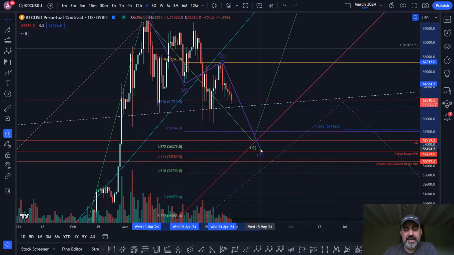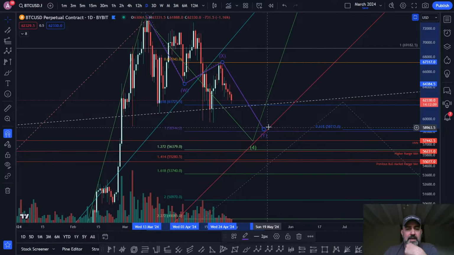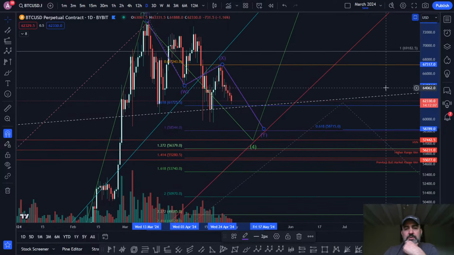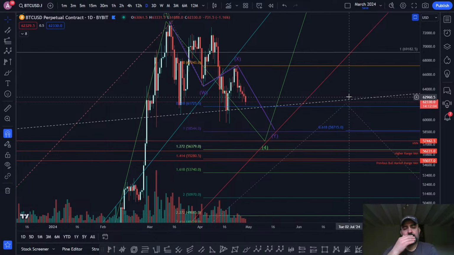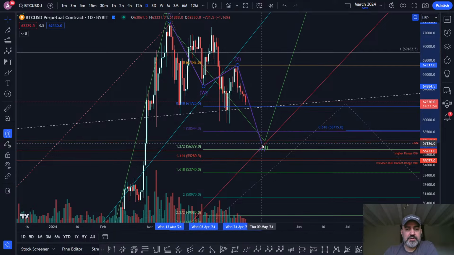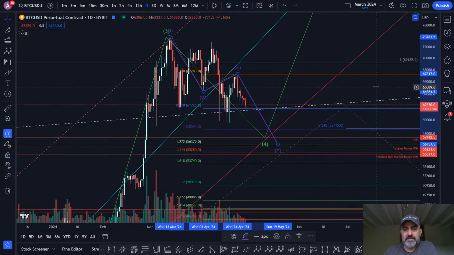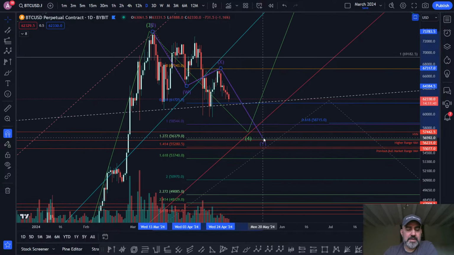I'm not sure, could you fake out this trend line? Possibly. I'm not sure. That would be a 1-to-1. I imagine 1-to-1s are going to be too easy. I'm thinking a 1-to-1 is going to be way too easy, because I think at the lows people are going to get extremely bearish, especially if we lose the range low, and so you'll probably get a bit of a push down into the extension, and then do you lose the trend line to really fake people out? Yeah, that's possible